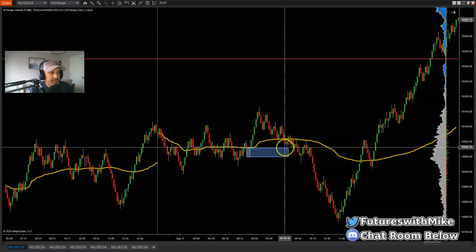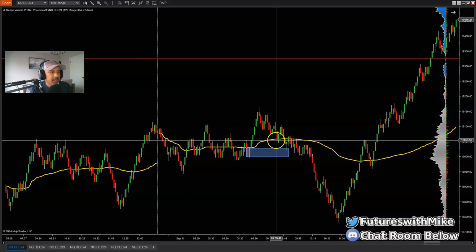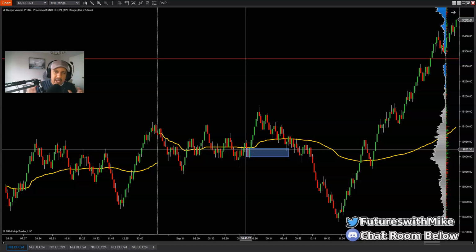And then the market pulls back. This is a clean break of structure right here, okay? Beautiful area of structure break, where it pulls back to this key area of demand right here. When it comes to the NASDAQ 100, this is practically what I'm talking about here, futures, I'm looking for a